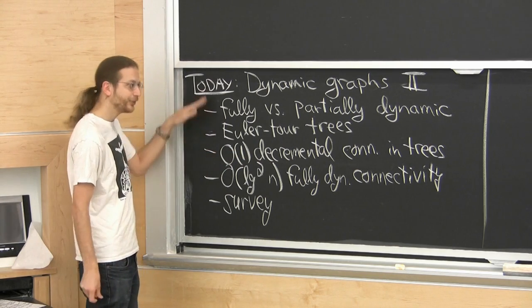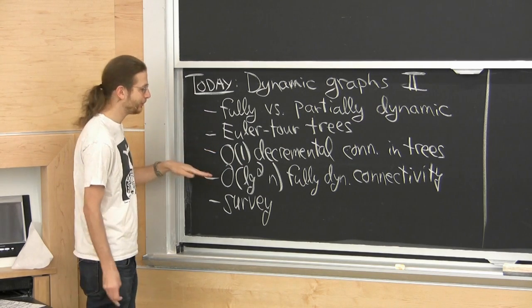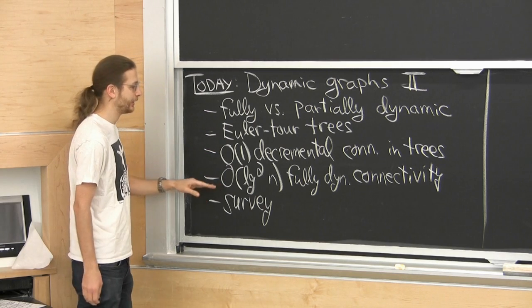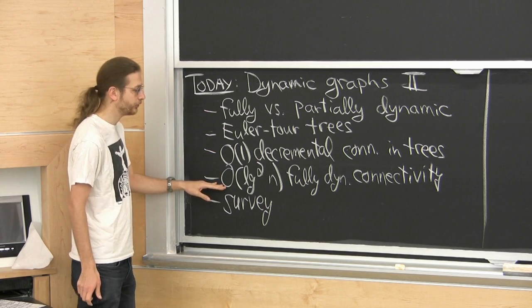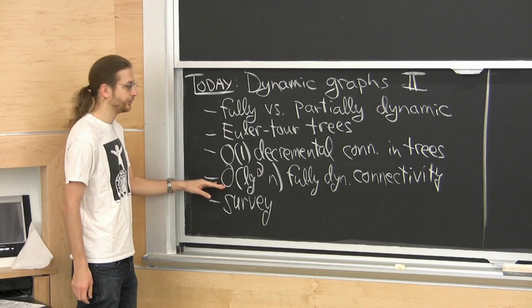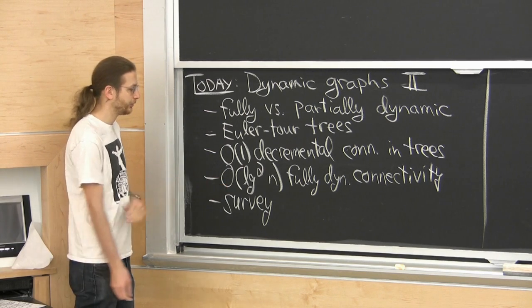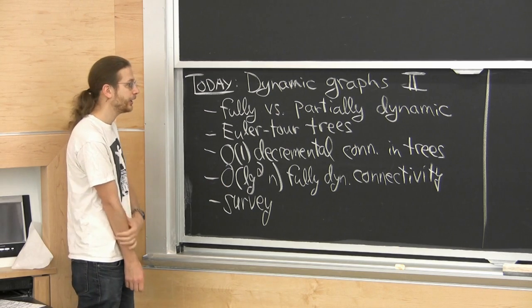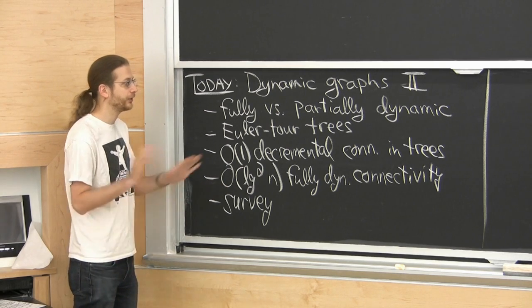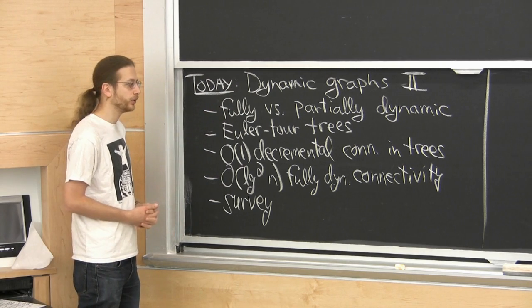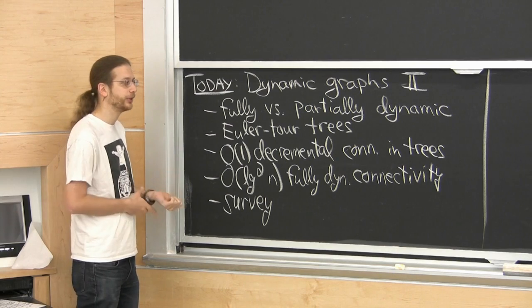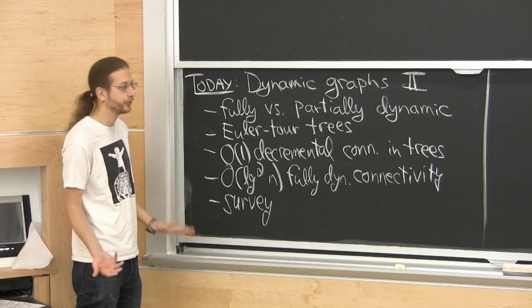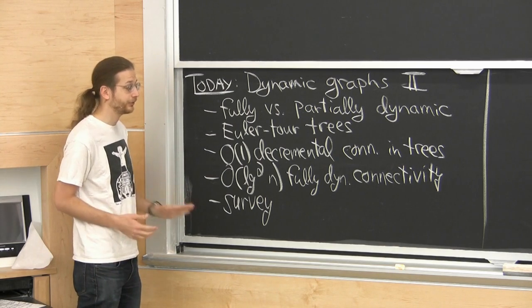So we'll still talk about trees for quite a while, but then we'll finally get to general graphs, and we'll do a log squared n solution for general graphs. So just another log factor more, you can generalize from trees to undirected graphs. And then I'll give you a flavor of what's out there. Dynamic graphs is a big world, has lots of results, and I'll give you some idea of what other problems have been studied in dynamic graphs, both undirected and directed. Though for directed graphs, things get pretty slow.